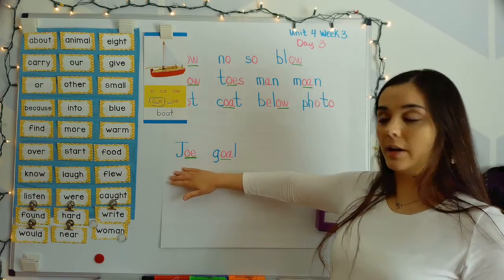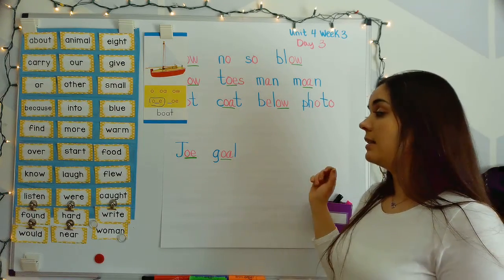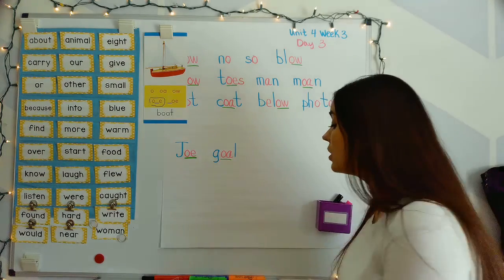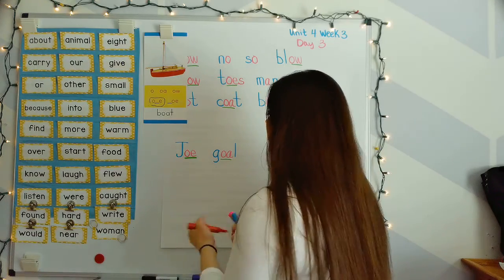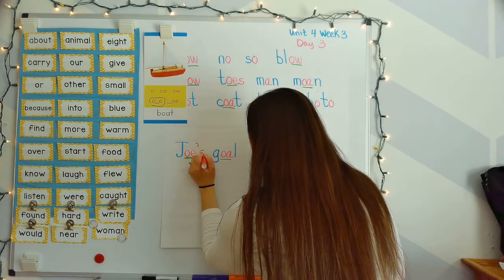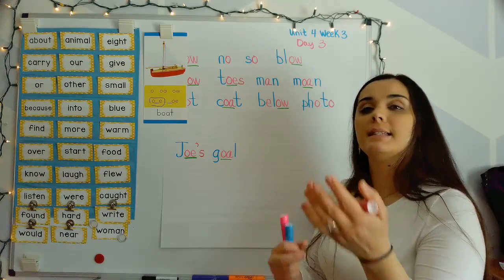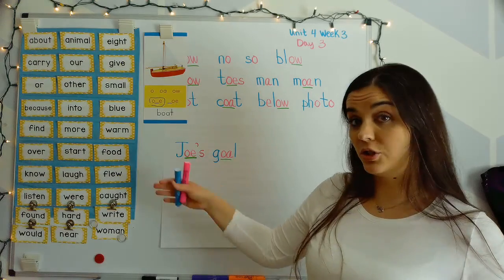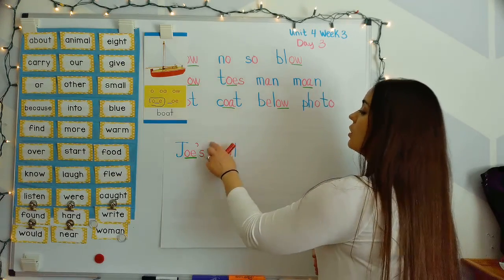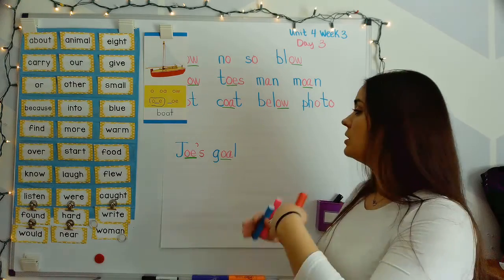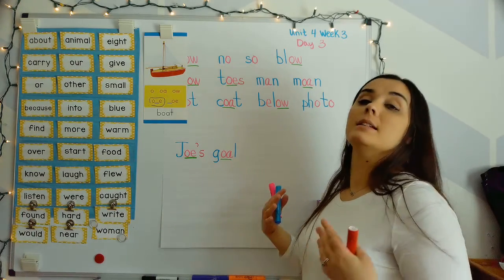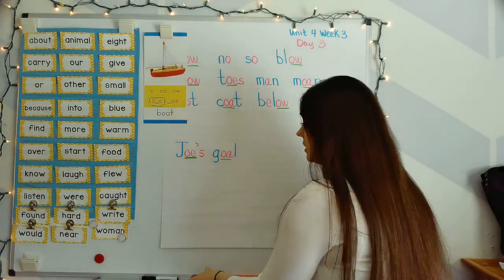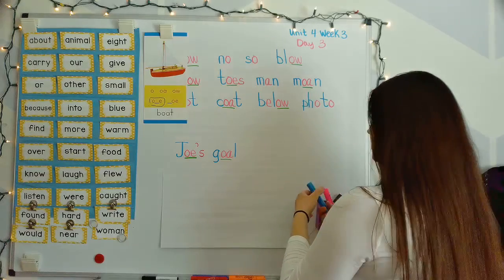So let's look at our sentence so far. Joe goal. That doesn't make sense. So I'm going to show possession. In order to show possession, you have an apostrophe S. That apostrophe S means that something belongs to the person. So in this case, something belongs to Joe in our sentence. Now, the goal is what belongs to Joe. So we're going to find out that Joe has some kind of goal, and since that is Joe's goal, it belongs to him. So Joe's goal,